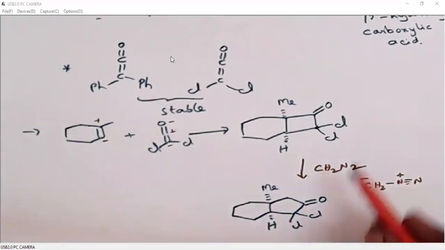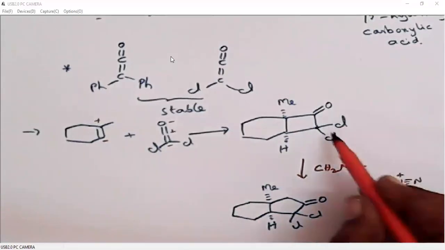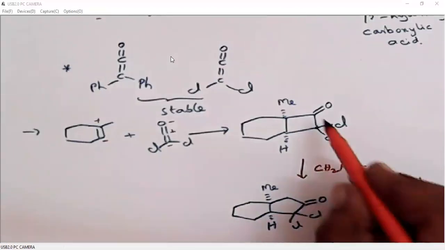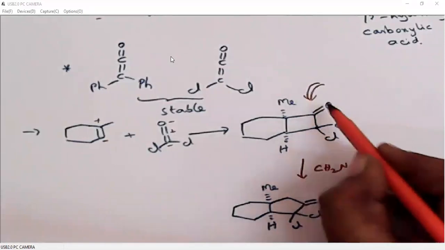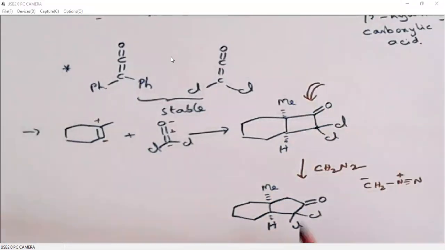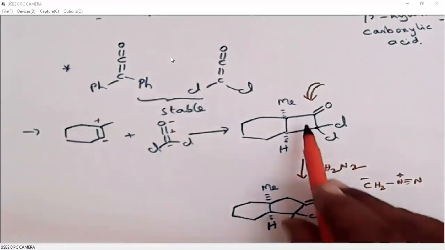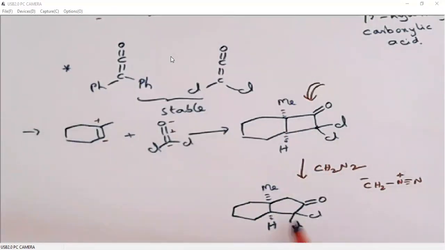Because on this side we have two chlorines, it is not possible for diazomethane to approach the carbonyl from this face. So instead it will approach from this face. At the same time, this alkyl group will undergo migration. Okay, then N2 will be leaving. So you try the mechanism, but in this case, diazomethane is used for expansion of the ring.